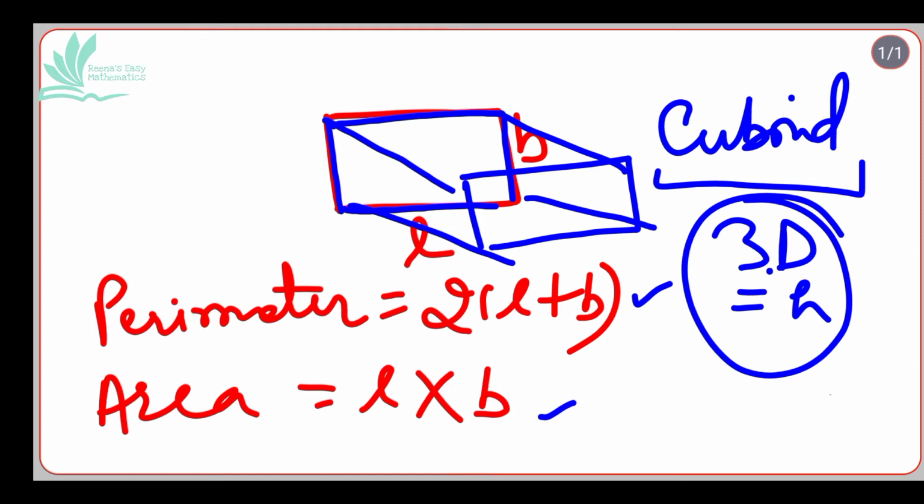So the next question arise in my mind is that how we can calculate the perimeter as well as the area of the cuboid. Or we have the same name for cuboid's perimeter or area. Yes, today we will discuss about the curved surface area and total surface area of cuboid. So let's check it out.